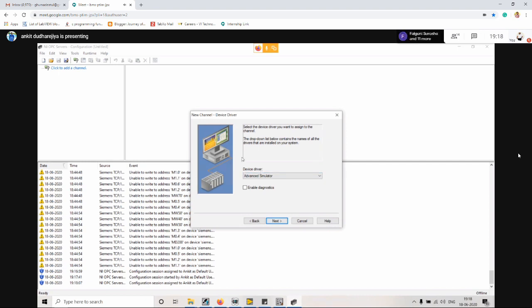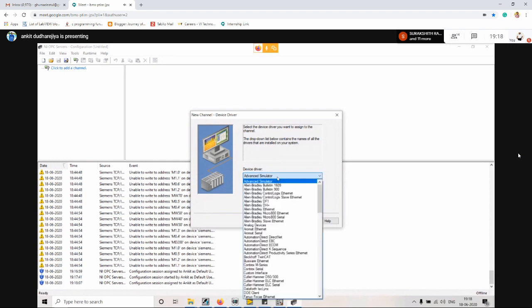This is the important part, where we have to take care which protocol we are using, and select it. I have a Siemens brand PLC, and to download and upload the program in my controller, I am using the Ethernet protocol TCP/IP.